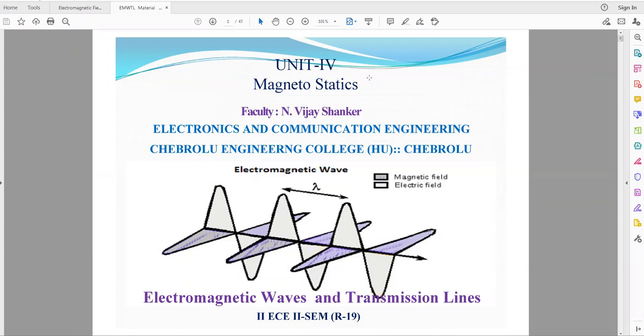Today, we are going to discuss some more examples in magnetostatics, that is in the 4th unit. In the last 2 classes, we did some examples, about 10 examples, in magnetostatics. Now, in this,